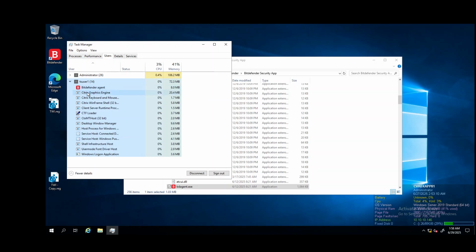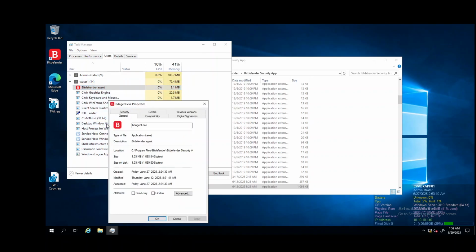Now, as an experienced Citrix admin, we notice that most of the Citrix stuff and otherwise looks pretty normal. However, what doesn't look normal is this Bitdefender agent. So if we can identify what this agent is and where it's running from, that will help us troubleshoot this issue. So it's running this Bitdefender agent, and this is the location where it's running from,